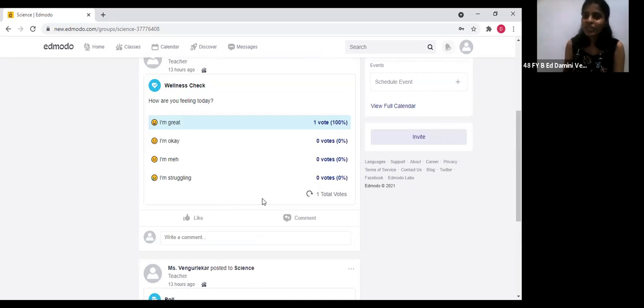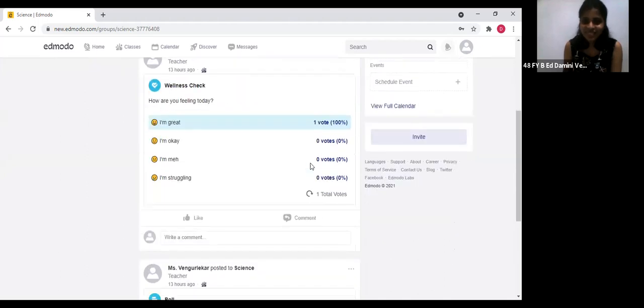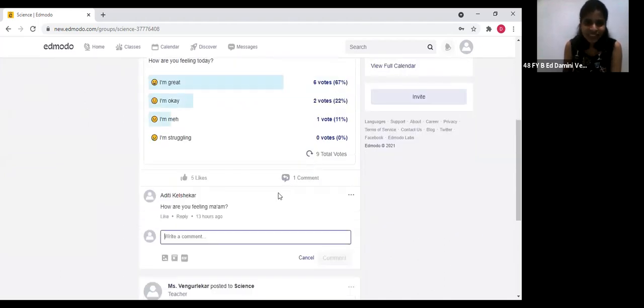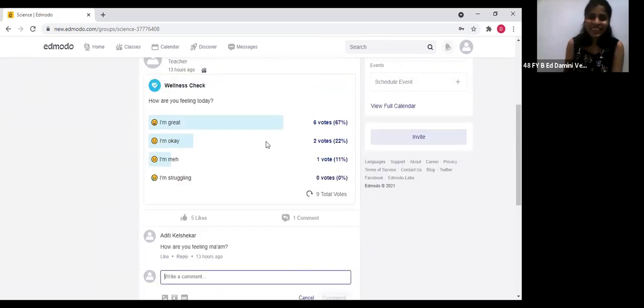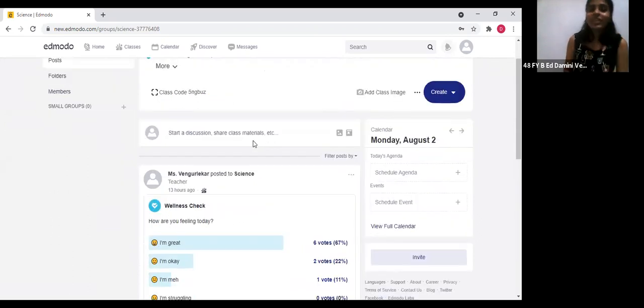Are these two features clear? Then we can move on to the next one. Yes, and I've also commented. You can check my comment. I'm very happy today. Thank you, Aditi. Now, the next feature which we are going to explore is, suppose as a teacher,